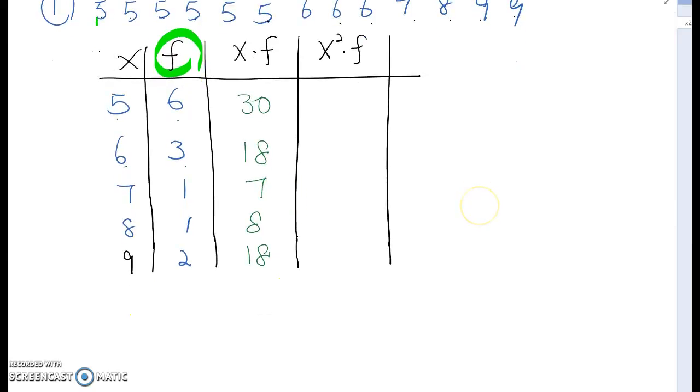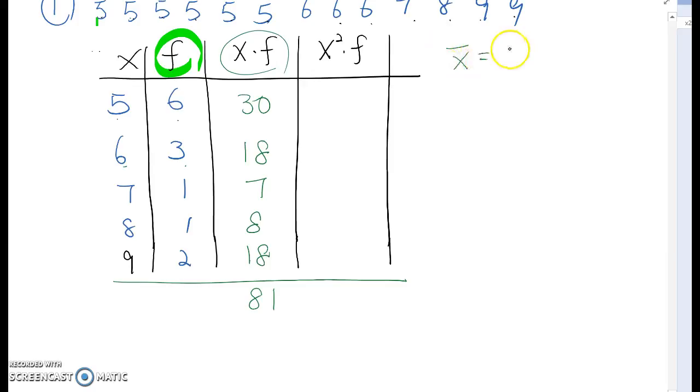Therefore, if you combine this column, there will be a total of data. So if you combine it, then you will get 81. Therefore, for the mean value, in this case I'm going to make it the sample mean, which is 81 divided by 13, then you will get 6.23 here. Okay? Now,